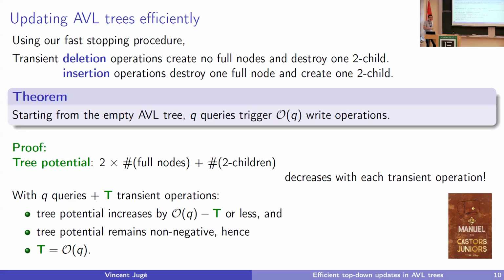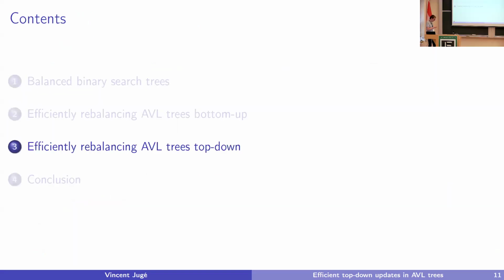So overall, now I have my amortized, constant complexity in numbers of write operations for AVL trees, which, well, people may have looked at it for quite a long time because they invented other data structures that had this property. So if they could have proved it on AVL trees directly, they would have done it. Okay, so this is nice so far, but not nice enough to get my paper accepted.